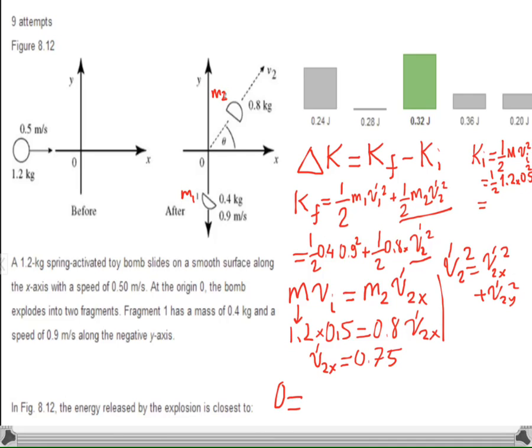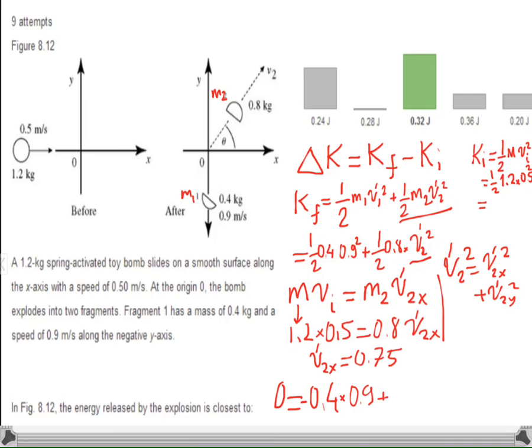Okay, this is equal to, now you can tell me, 0.4 times the mass of the first object, 0.4, times its velocity in the y direction, and it is given 0.8, but it is in the minus y direction, so I think I should write a minus sign in here, right? It's going down. Times 0.9